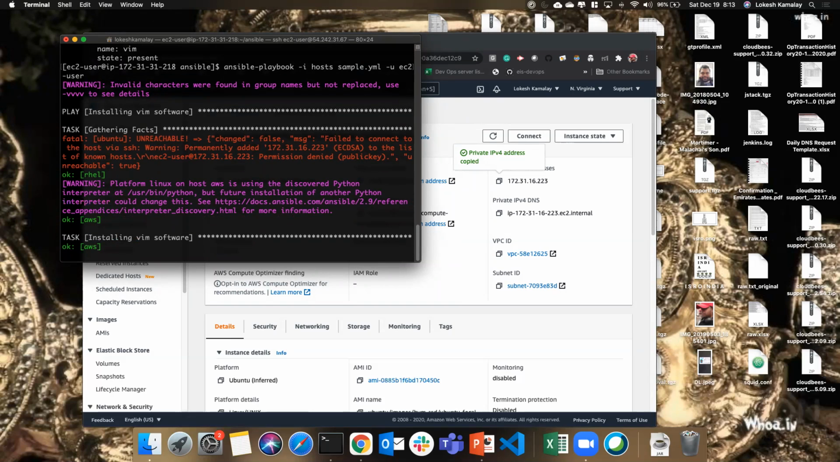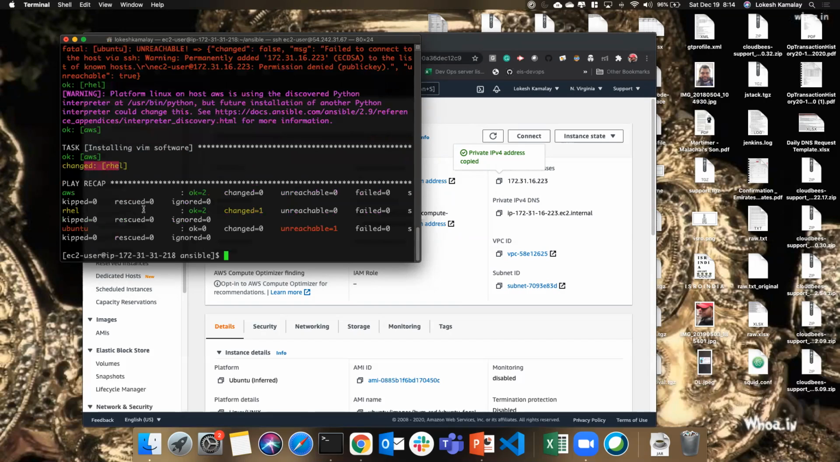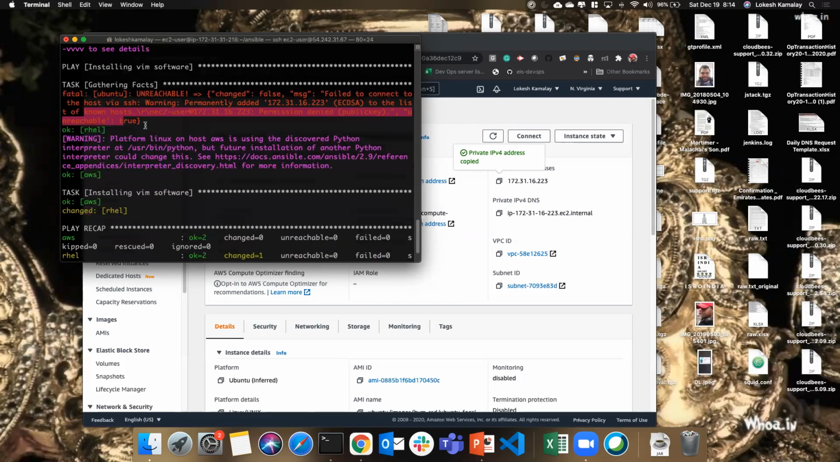Do you see what's happening there? Installing Vim software, so fatal for the Ubuntu server. So what happened? Failed to connect to the host via SSH. Unreachable. So this machine is not reachable